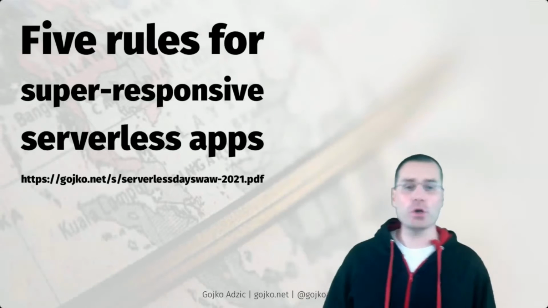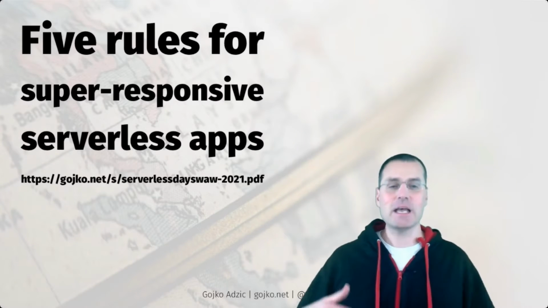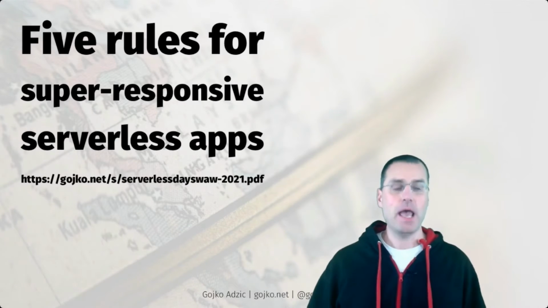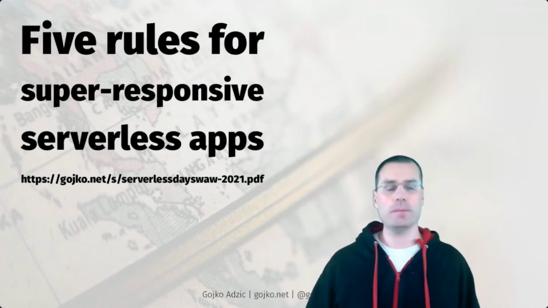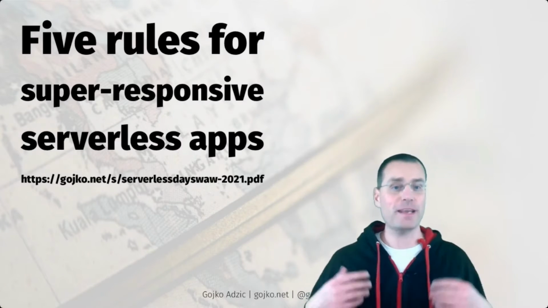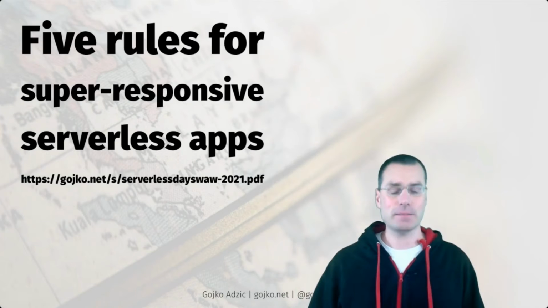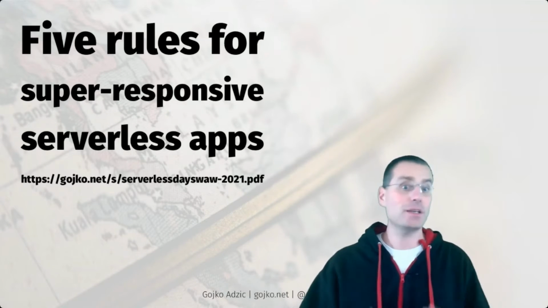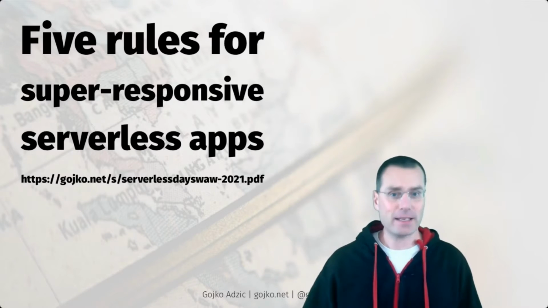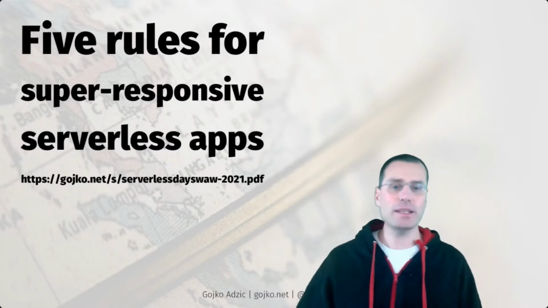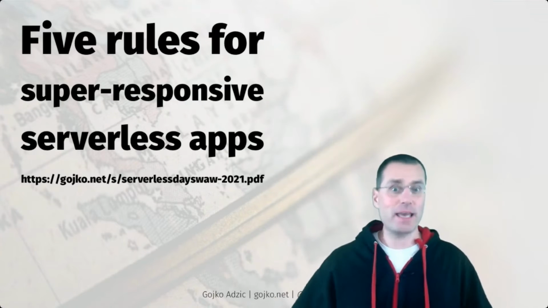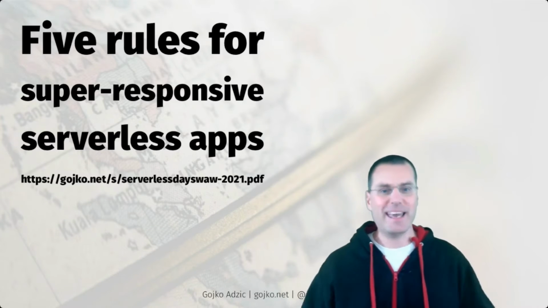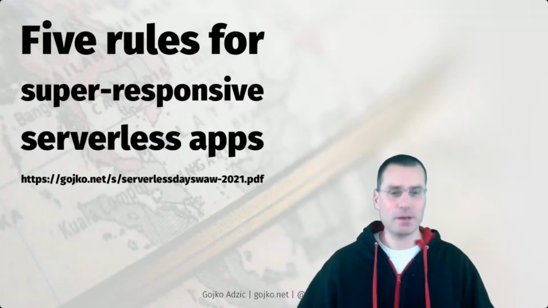My name is Gojko, and I'm going to be talking about shaving milliseconds from serverless function execution to get really super responsive apps. Within the context of serverless deployments, usually platforms are optimized for very high throughput and very high parallelism, but not necessarily for low latency and responding to each individual request so that it's very quick. In fact, there's a lot of variance around starting new instances, allocating more capacity, and different requests can get very different response times. That's why there's a lot of misunderstanding online about getting high performance from Lambda functions and Google